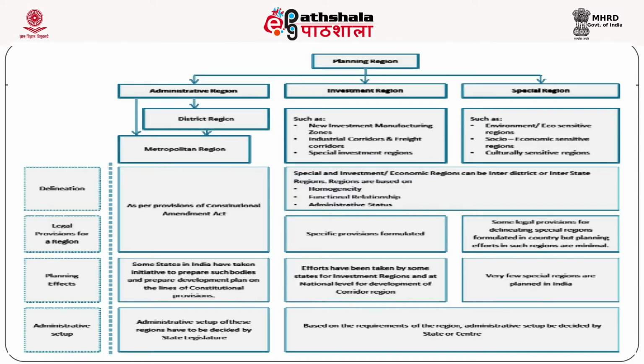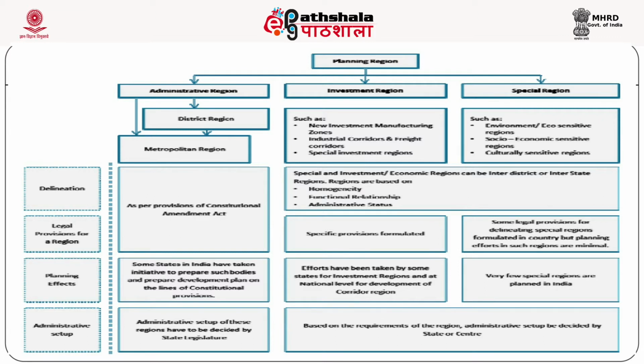Now coming to the process of the plan preparation, how do we go about planning for the region? We have three types of planning regions: administrative regions, investment regions and special regions. Now as far as the administrative region is concerned, or the metropolitan region, that is the metropolitan region is identified, delineated,